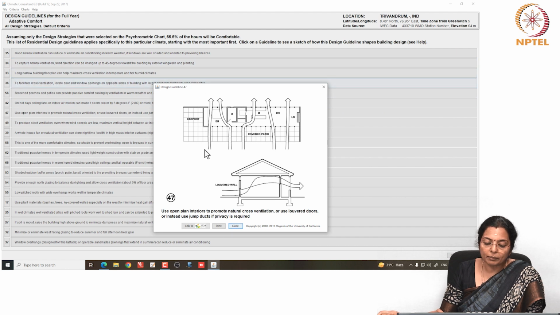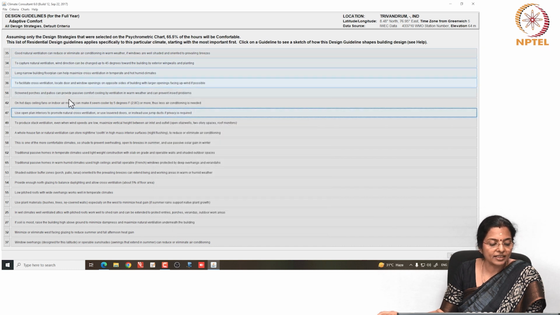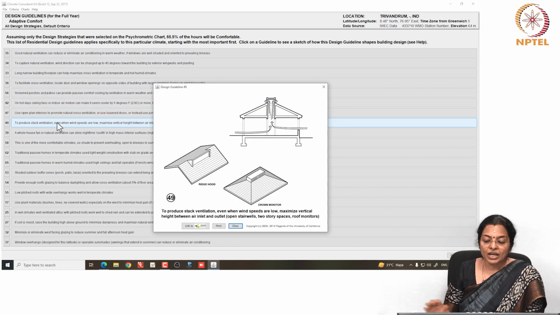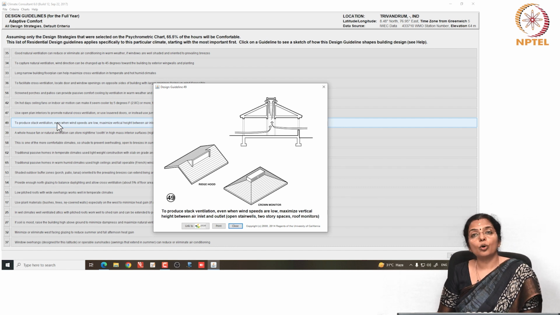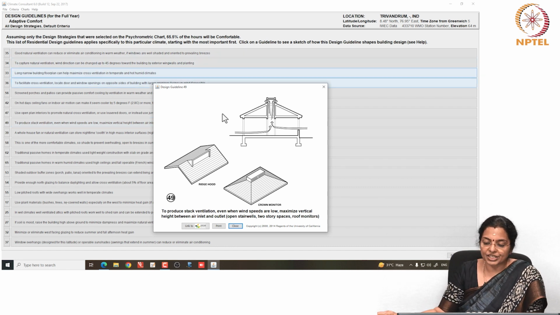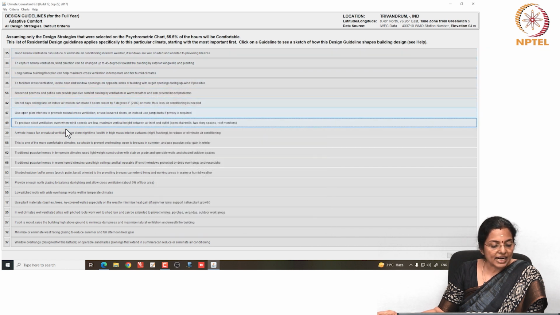So, the more the building gets ventilated, you are going to enhance comfort ventilation and make the indoors comfortable. You could also try stack ventilation, but it is very difficult to have an effective stack ventilation in this area because of lower diurnal variations. The next strategy is